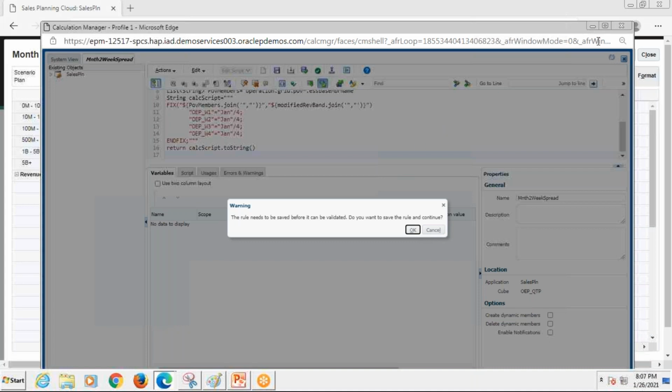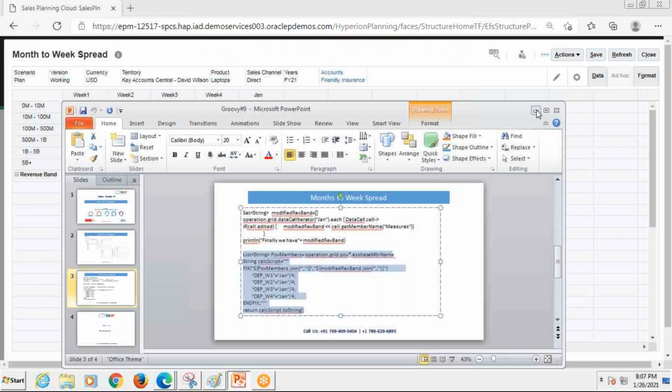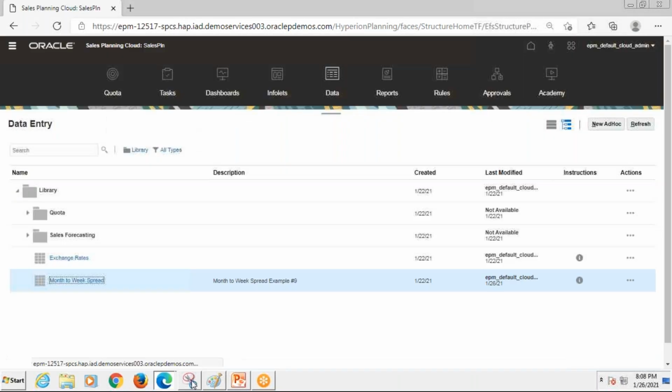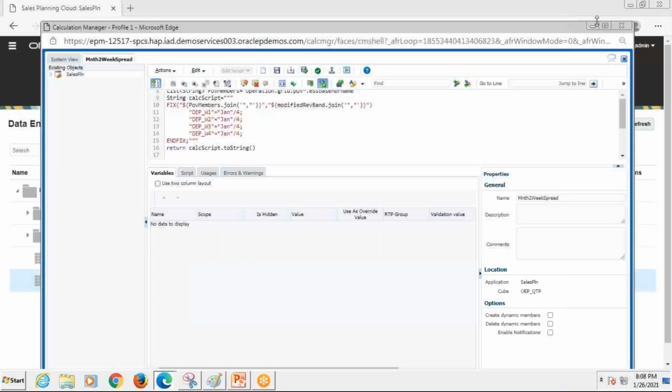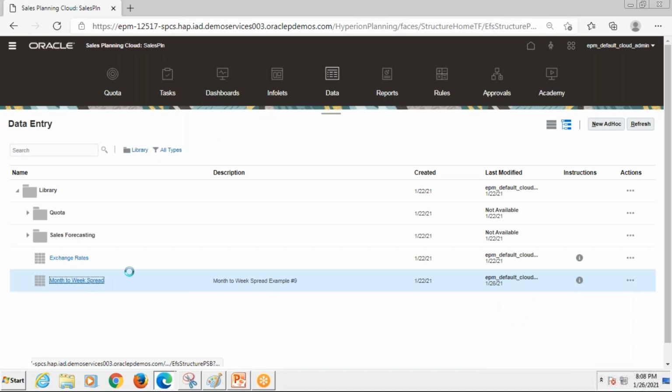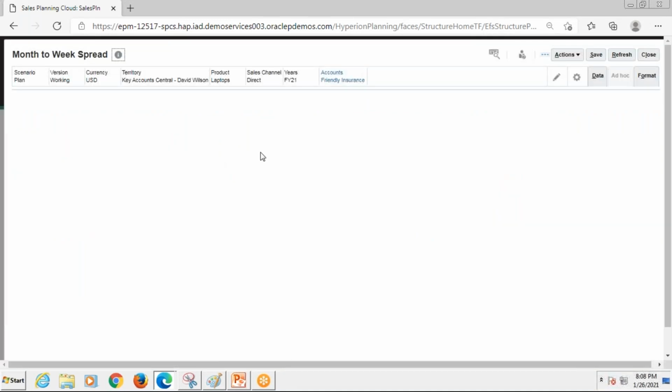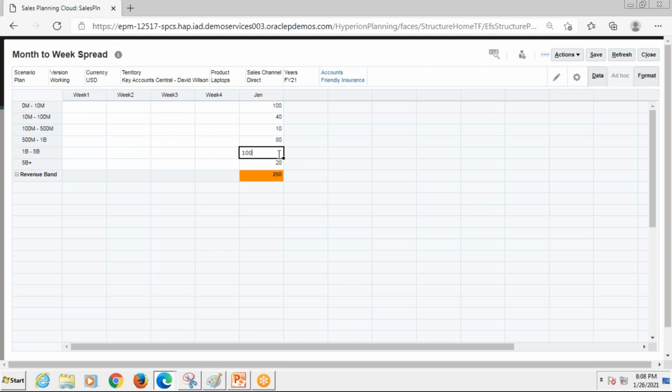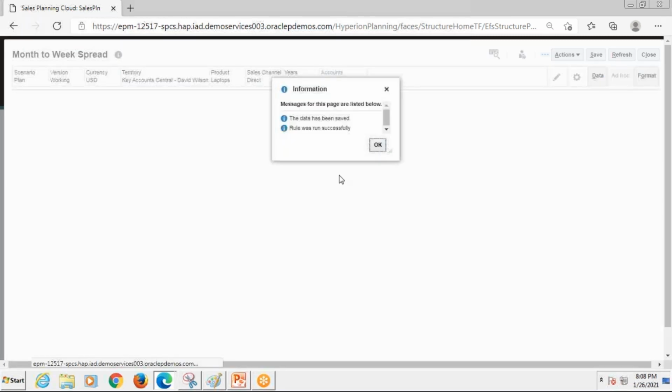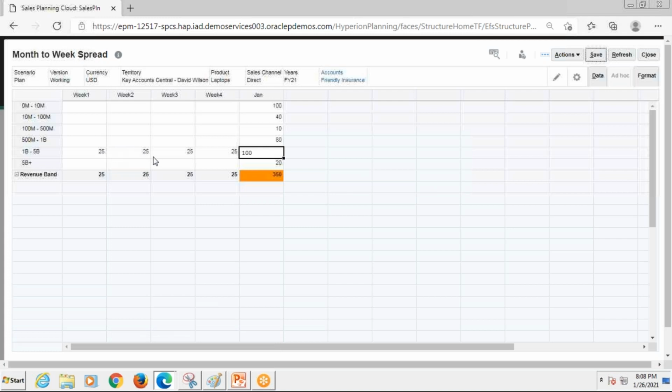Rule got deployed, going back to the form, closing the form. Rule got deployed successfully. Attachment is already in place. Just open the form and enter it here. And on saving, let us see what it does. So the rule got executed successfully now, and the number also got spread to the respective weeks.